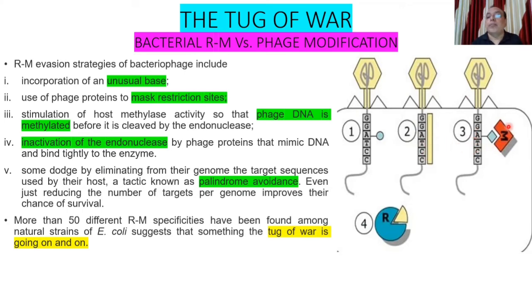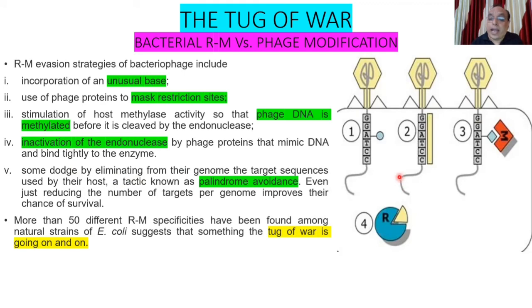The third is methylation. So as the bacterium hoodwinks the restriction enzyme by adding a methyl group to the recognition site, some phages also have evolved this mechanism, and they attach the methyl group to the nitrogen base at their recognition site, and they will befool the restriction enzyme.